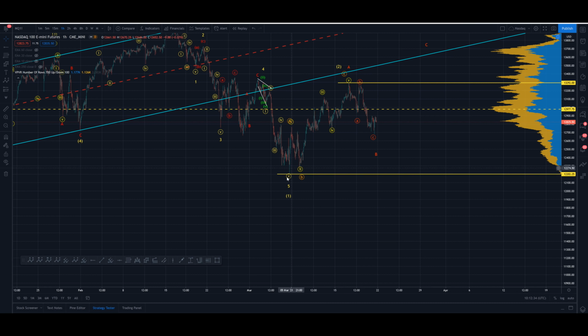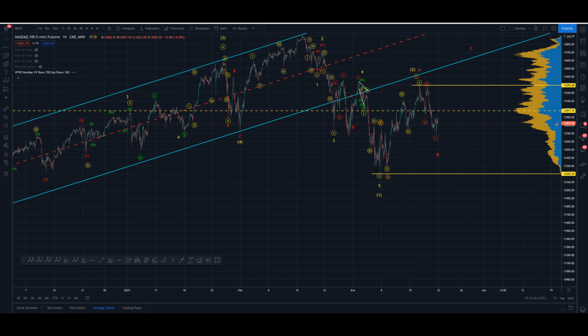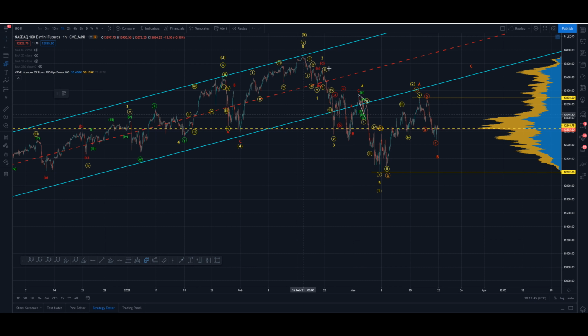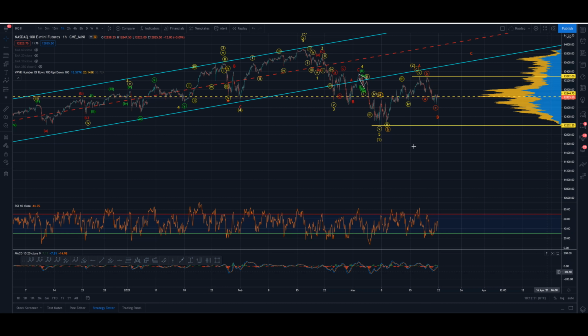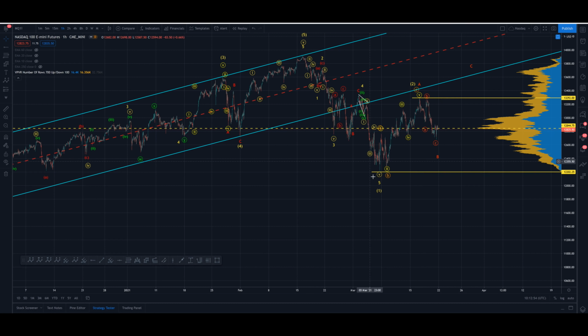I don't think you can be long below this level at the moment at 12,202, because the least path of resistance is to the downside at that point. 1, 2, 3, 4, 5 down, invalidating the bullish count on the longer time frame, taking out this low, having seen a 5 wave down, 3 wave move up into a wave 2 potential retracement at 61.8. You can't really be long below 12,202 in the shorter time frame,